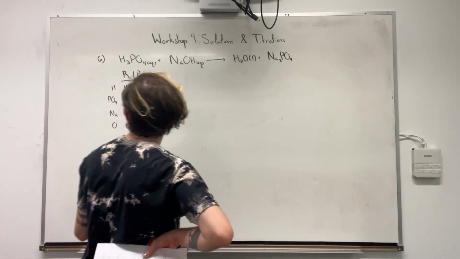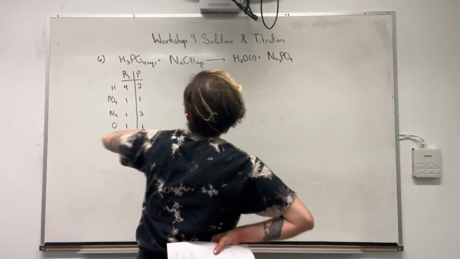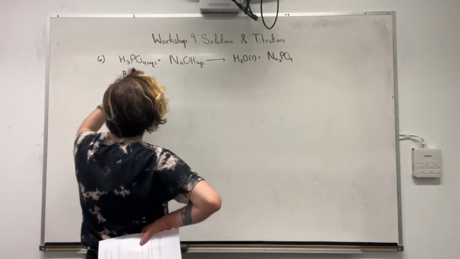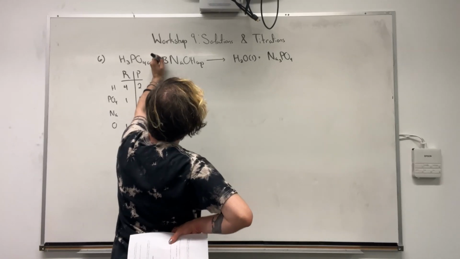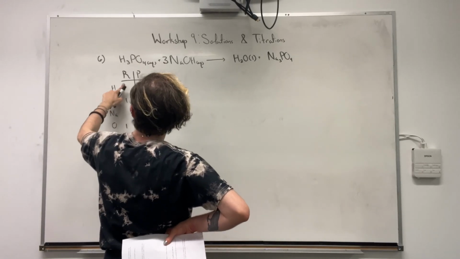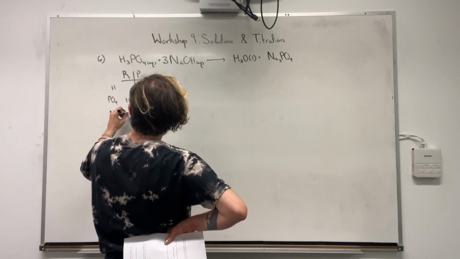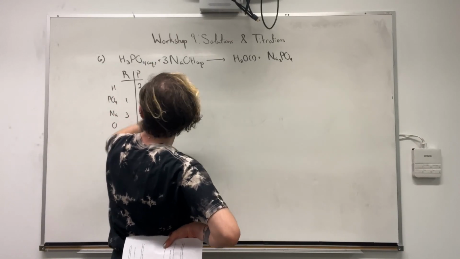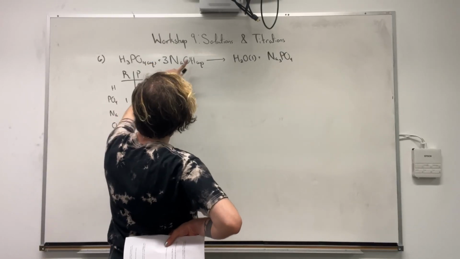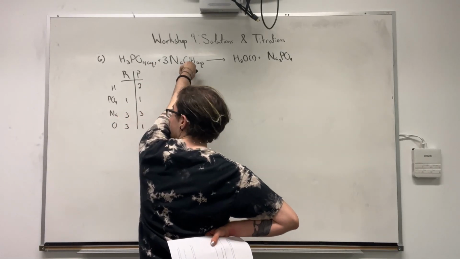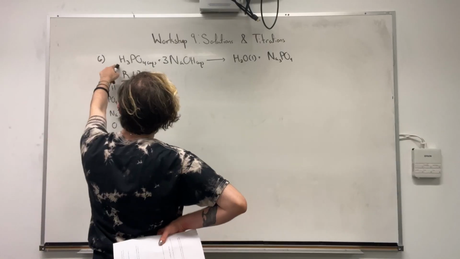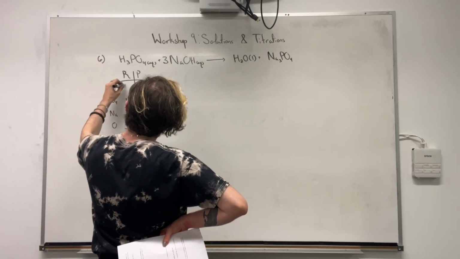So I'm going to start with sodium balancing. 3 sodium on our product side, 1 on our reactant side. We are going to multiply sodium hydroxide by 3. That changes all of our values. Now we have 3 sodium on our reactant side, but we also now have 3 oxygen, and we have 1, 2, 3 hydrogen from our sodium hydroxide, and 1, 2, 3 from our phosphoric acid, so we now have 6